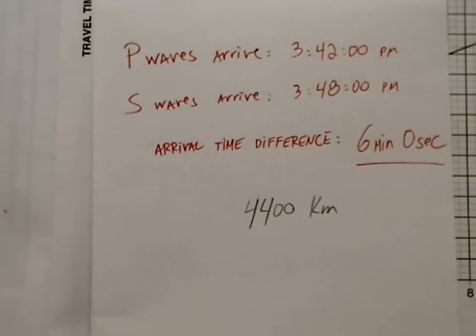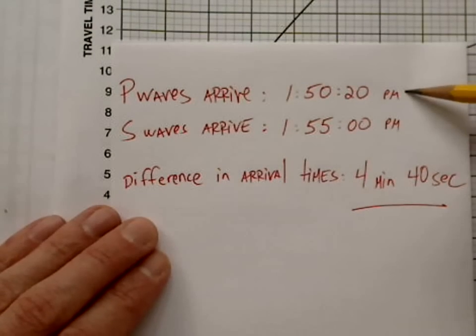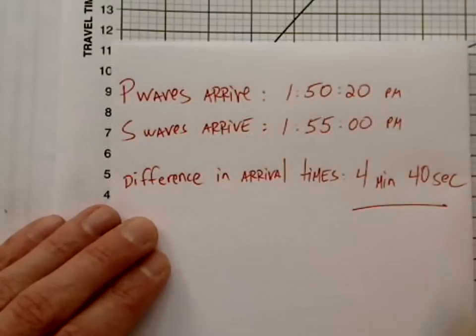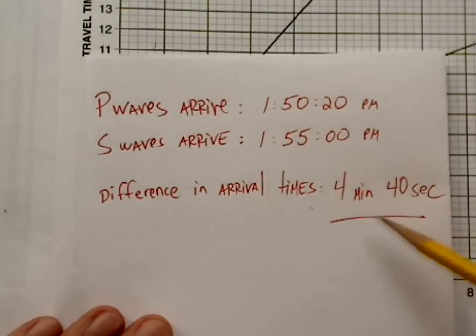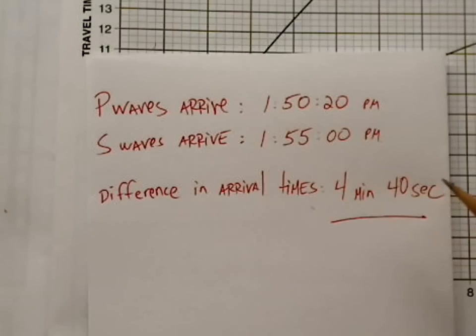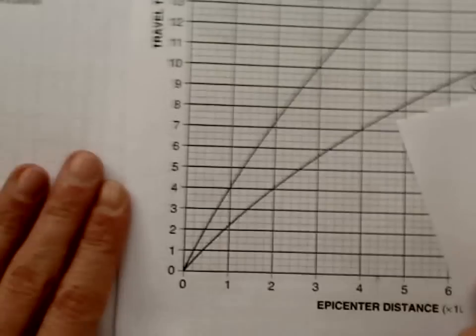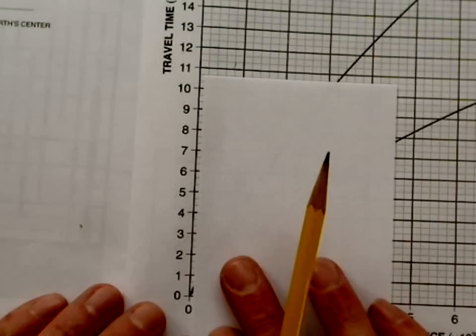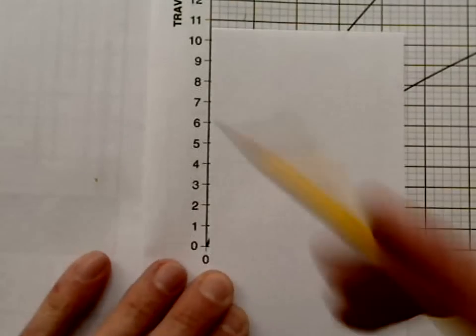Okay? Let's just do another one, and I have one right here on the back. Let's say the P waves arrive at this time, and the S waves arrive at this time. You do those math calculations, and you should get the difference in arrival times of 4 minutes and 40 seconds. Now, let's see how far away that would be. So we go back to this, and you're going to put your scrap paper up there, and clearly mark